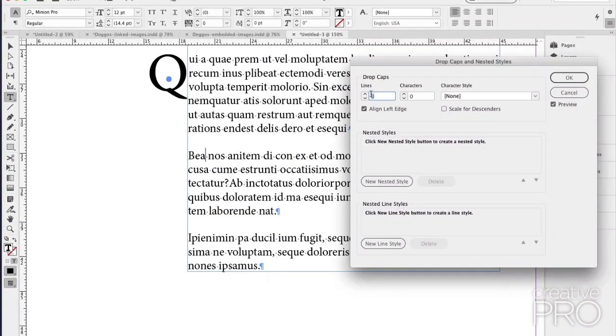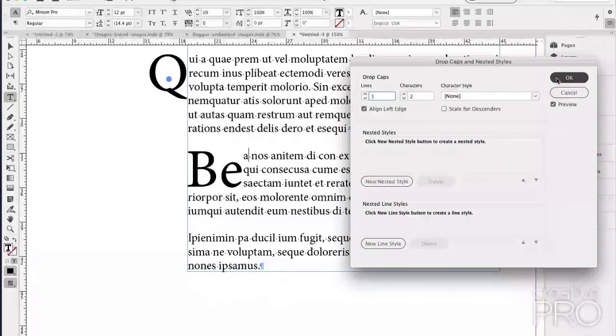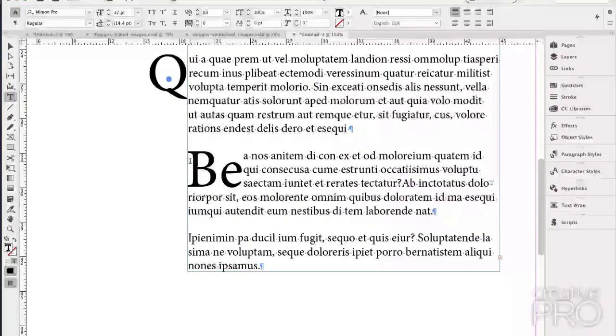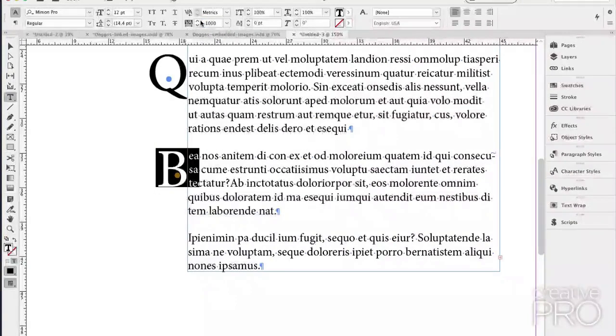We set 3 lines and 2 characters. And then you add a space in front. With the space in front, I think this is how it goes, we select the space, and then you track it in. Sure. Yep. -1000. Okay.